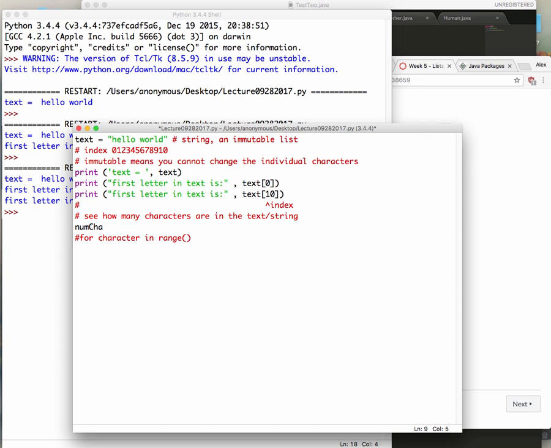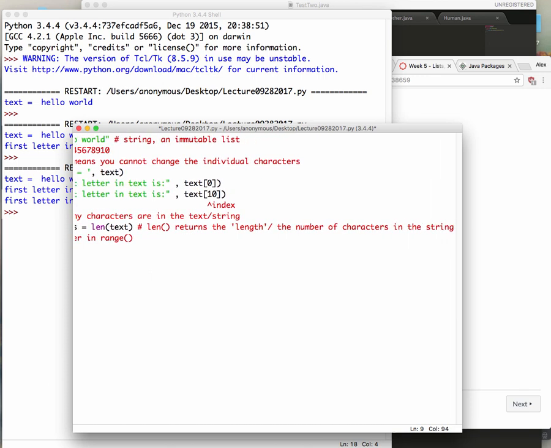So num characters is equal to len of text. What len does is return, you don't know what that means yet, but we'll talk about functions next week. You're going to know what it means for a function to return a value. It returns the length, or the number of characters